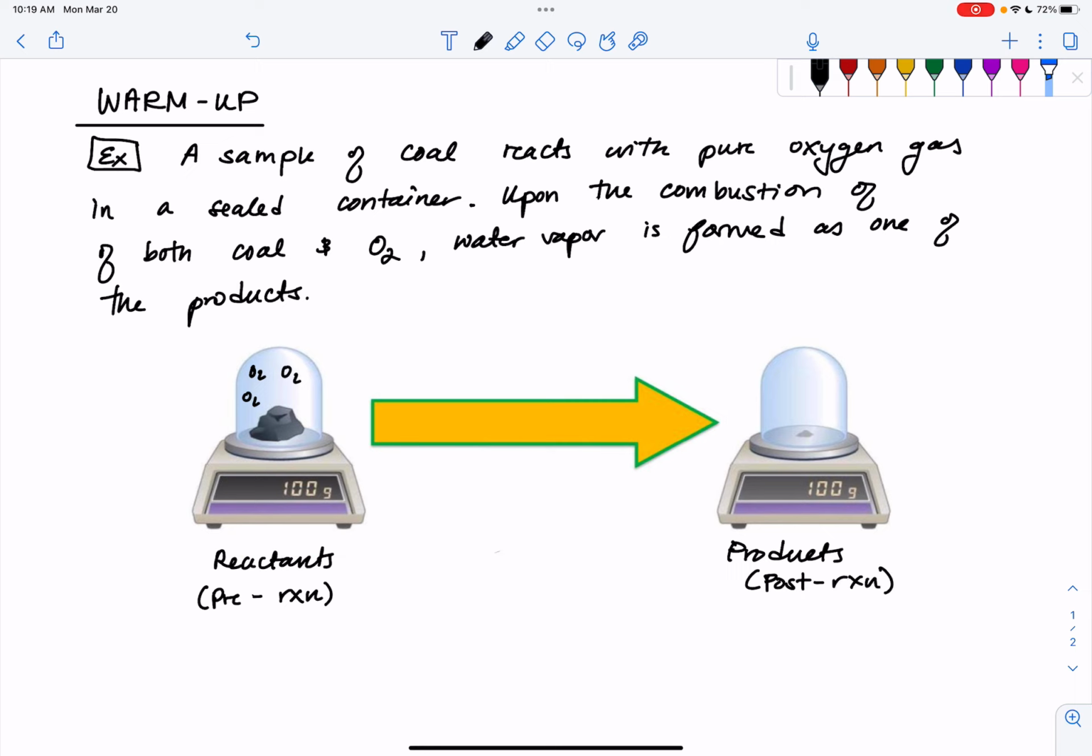Let's break it into pieces. A. If 100 grams of coal and O2 gas are reacted, what is the total mass of our products? So that means we need to compare what's going on pre-reaction and post-reaction. So recall that chemical reactions are simply just a rearrangement